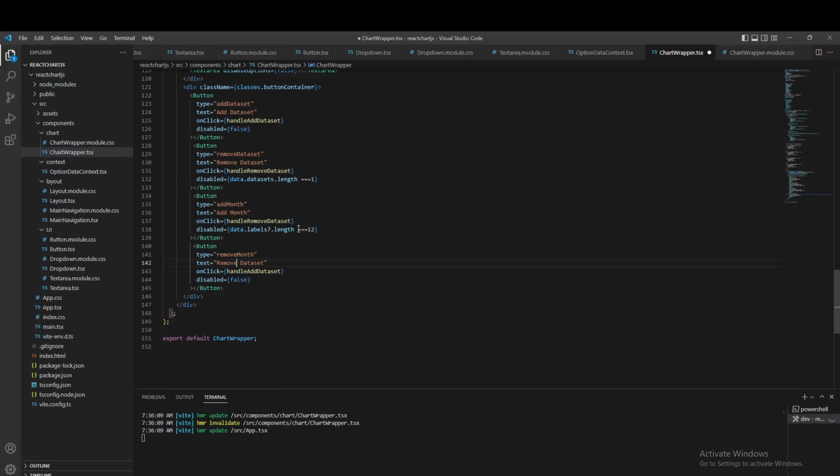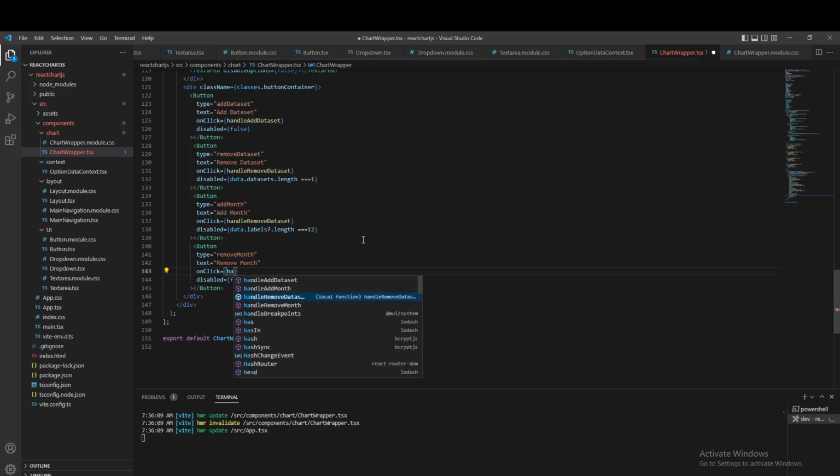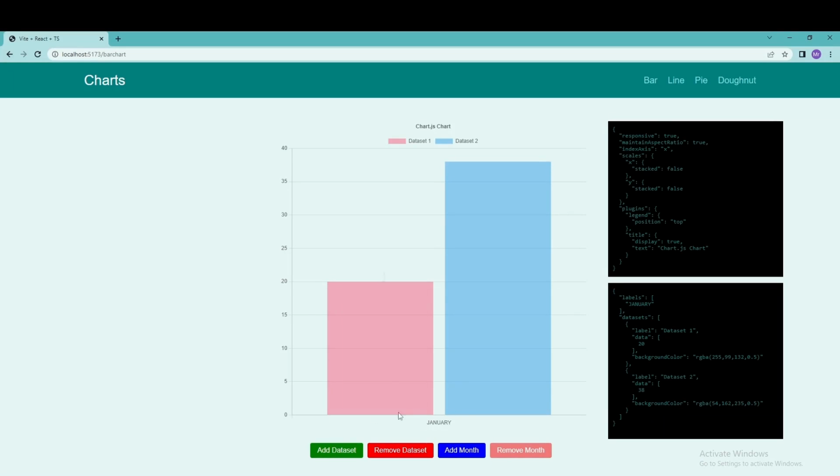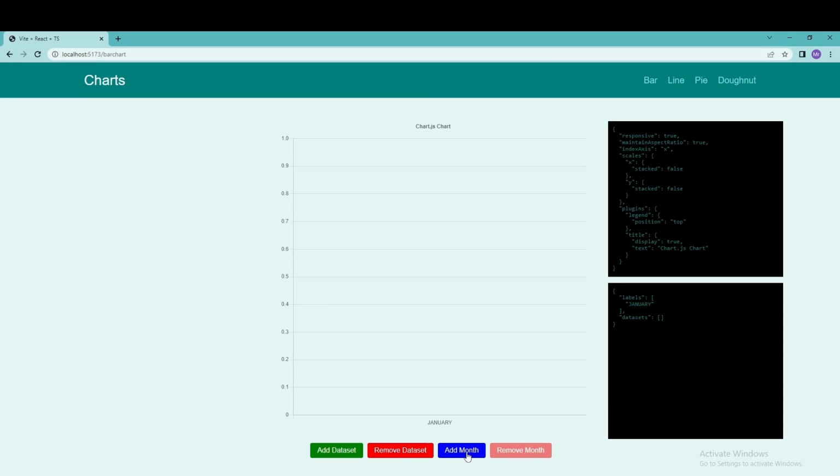Sorry. And the next one is going to be the remove month, and the remove month as a text, and we can write right now our remove month. And the disable is going to be data labels when the length is going to be 1, because we always want to have data, as I said. And right now, if we check it, we can see that we can't remove